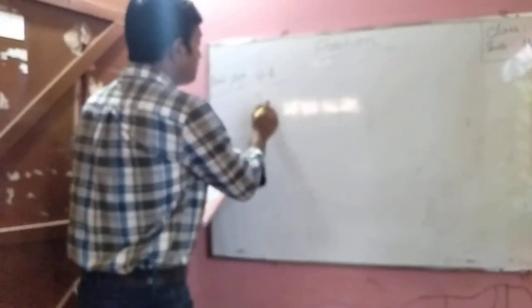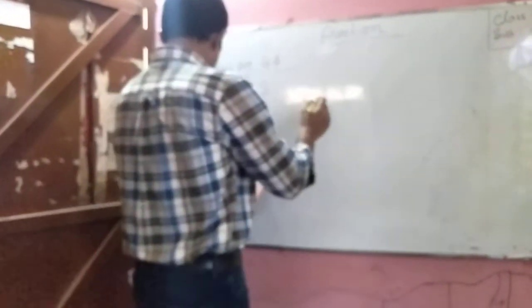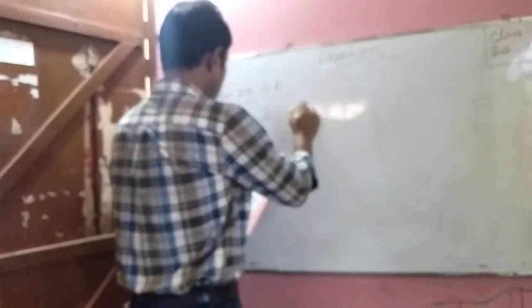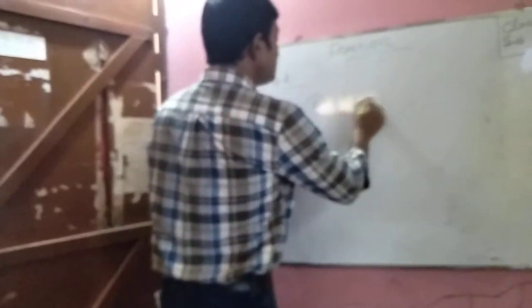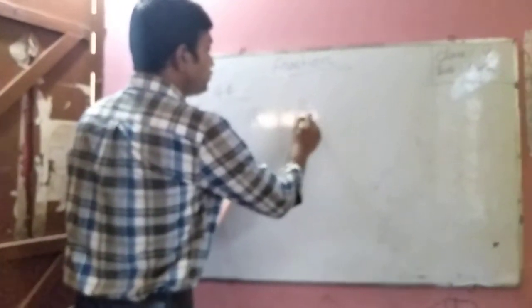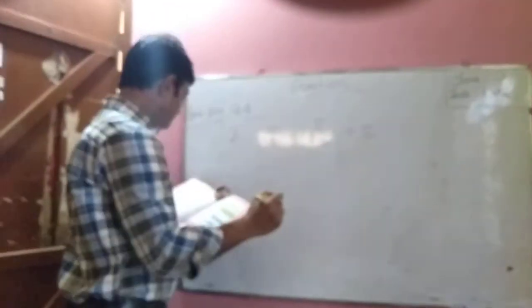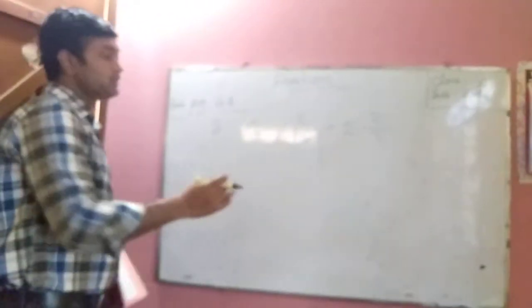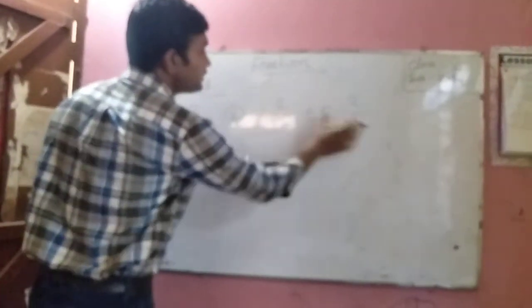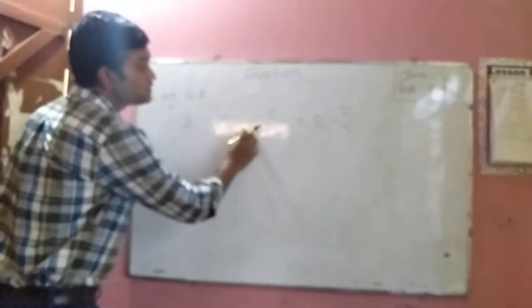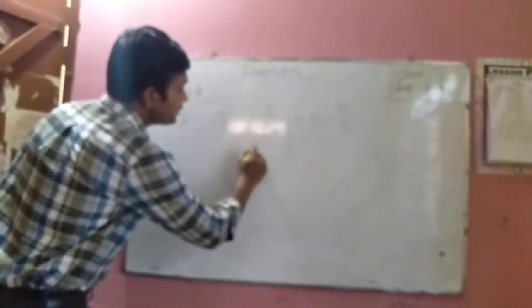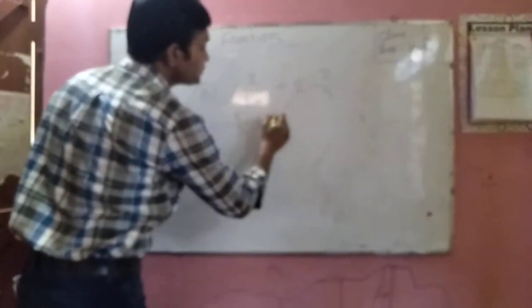So you can see number 3. Number 3, what is given? 1 and 2 by 3 plus 2 and 2 by 3. You see that both are mixed fractions, doesn't matter. First of all, we have to convert them to improper fractions. 3 1s are 3 plus 2, how much? 5 by 3, plus 3 2s are 6 plus 2, 8.